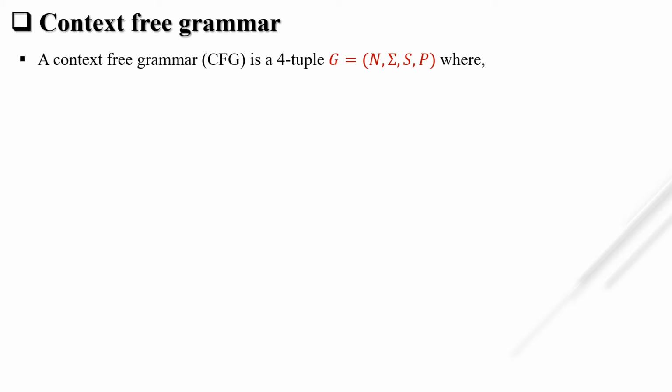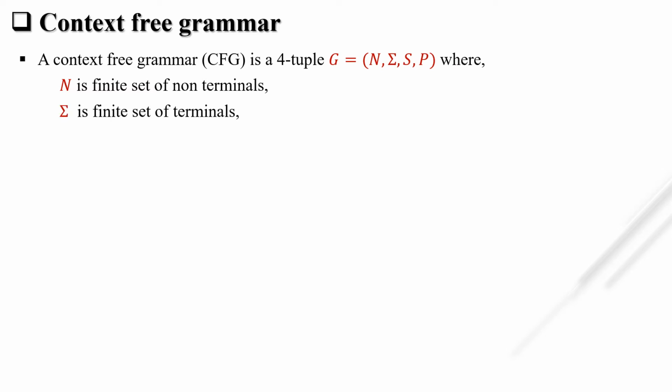So the next is context-free grammar, CFG. Context-free grammar is a type of grammar used to define the way the statements are written for a programming language like Pascal or C. Basically, the grammar can be defined as four tuples, that is G equals N, sigma, S, P, where N is a finite set of non-terminals which is usually represented as uppercase letters such as A, B, C, Z, and also lowercase but in italic.